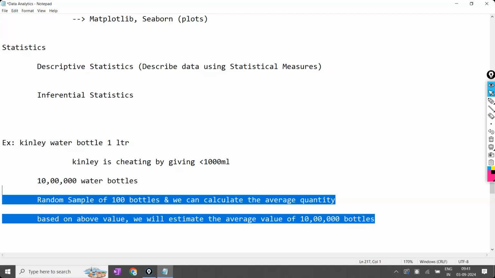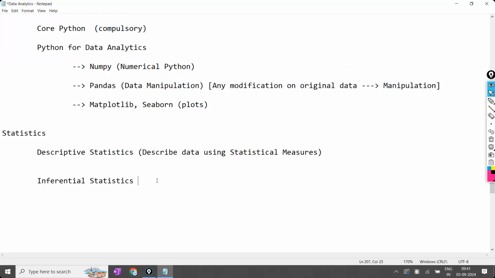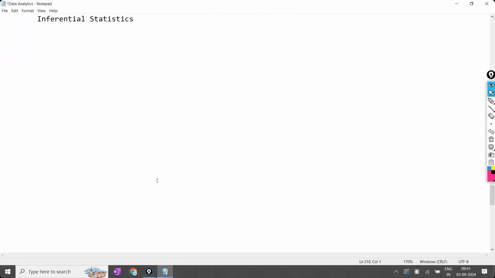That is inferential statistics. After completing the statistics, that is descriptive statistics and inferential statistics, we'll move on to SQL. In SQL, we are having three things. The first one is that we are going to create a database. Database only will be created by us. Inside that, tables will be created. We are going to create the tables, deciding what tables there are. And later, we are going to insert the data.